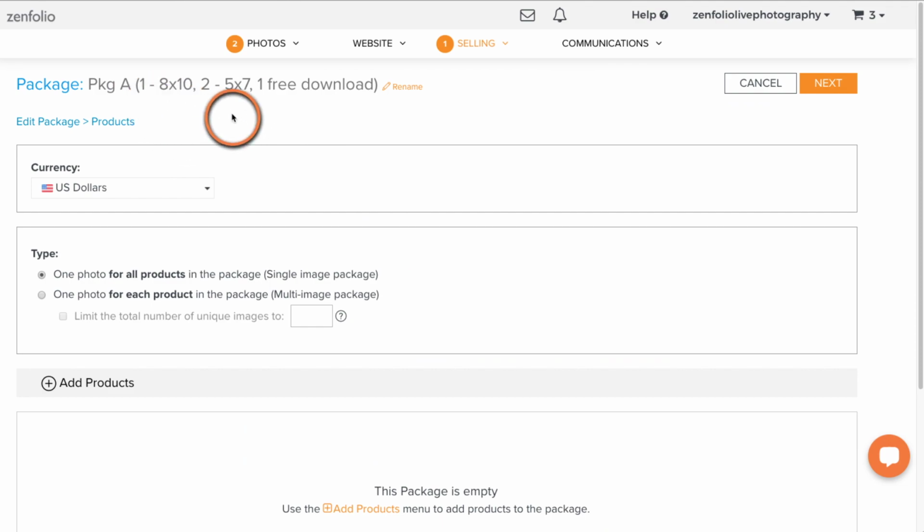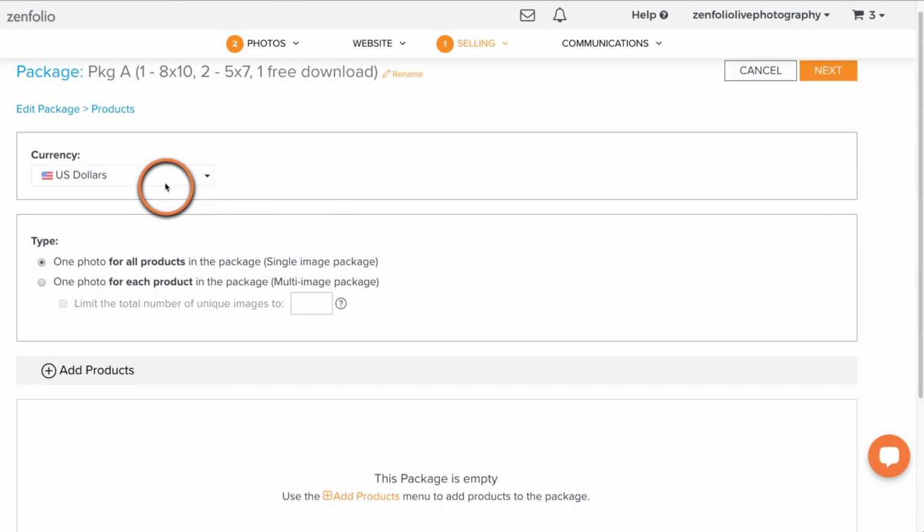Okay. If you plan on using the really visual buying experience, just the simple package A will work because the visual buying experience does show a lot more detail about the products in the package. Okay, so next you're going to want to select your package currency. If you plan on selling in multiple currencies because you plan on selling internationally, you will need to create a package per currency that you want to accept. For this one, I'm going to just leave it set to US dollars, but the option is right here to accept different currencies.